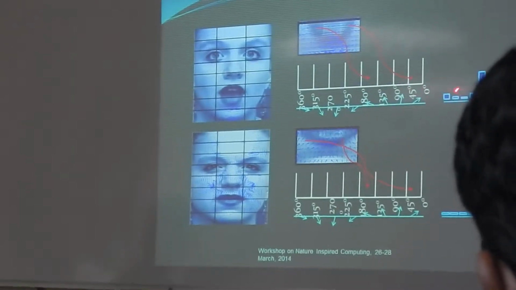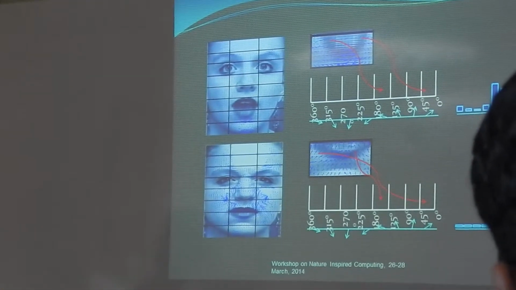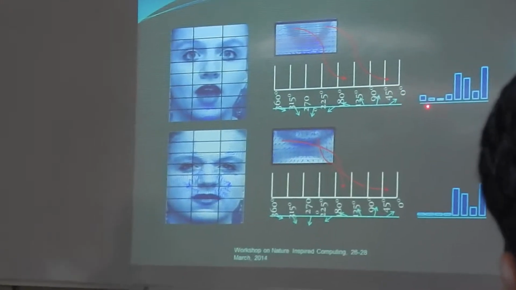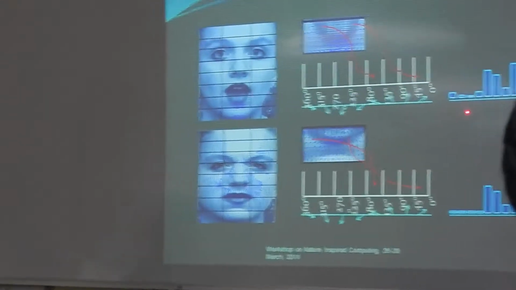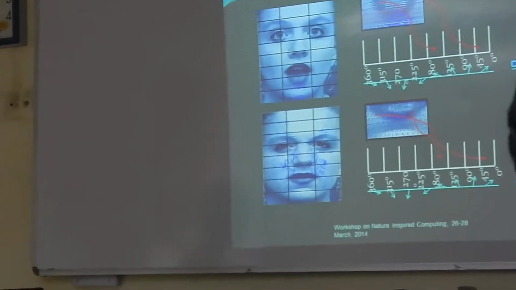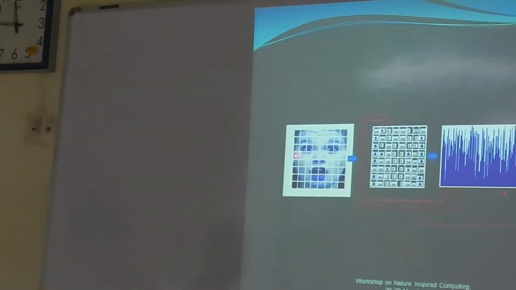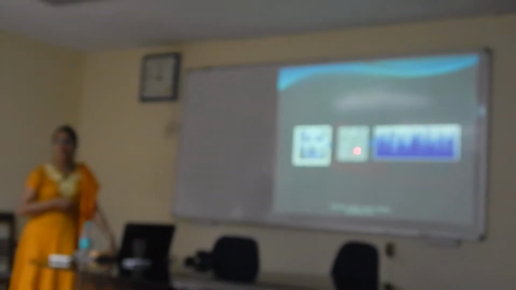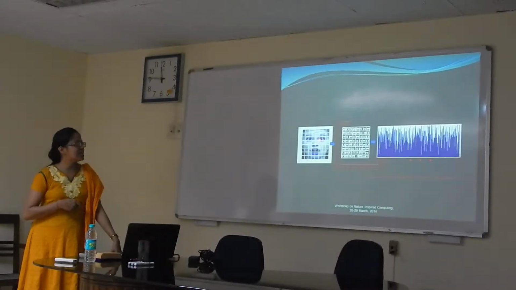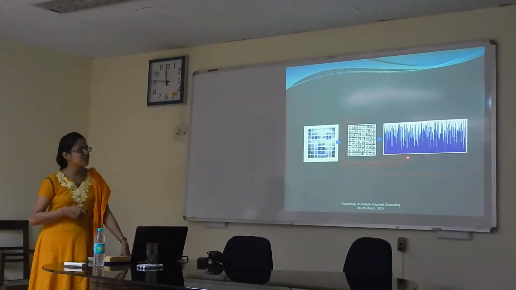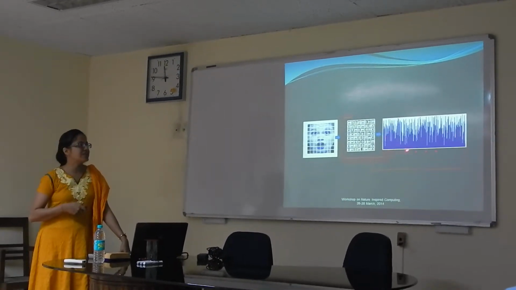Clear? So then we get a frequency count. This frequency count is called a histogram. So we get a histogram of optical flow where each bin corresponds to a particular group of directions for each of the regions. Clear? Then we do that for each of the blocks. We have divided one face into some equal blocks, and for each of the blocks we have drawn one such histogram, and then we concatenate the histograms one after the other and get a final feature vector.